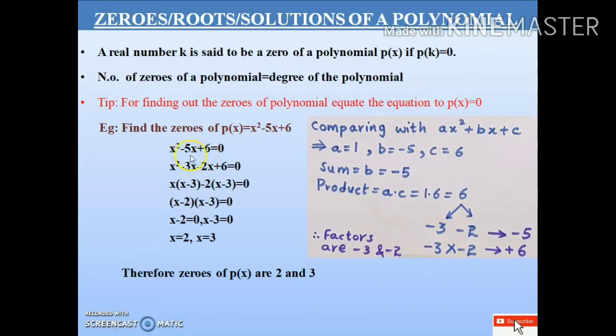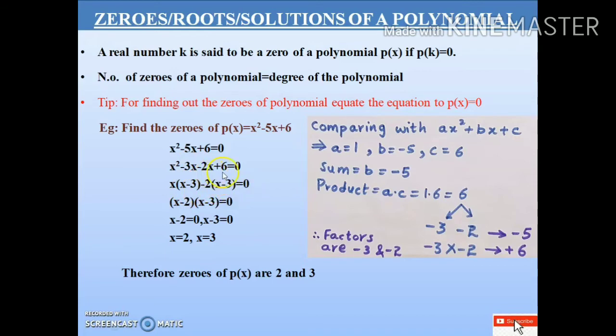That is, I will split this middle term. Instead of this minus 5x, I will write minus 3x and minus 2x. Why? Because in order to get the zeros. So in these two terms, I will take x common. If I take x common from x square minus 3x, what am I left with? Here I am left with x. And here if x is taken common, what is left? Minus 3 is left. Now whatever I have here, x minus 3, the same thing I will write here, x minus 3.